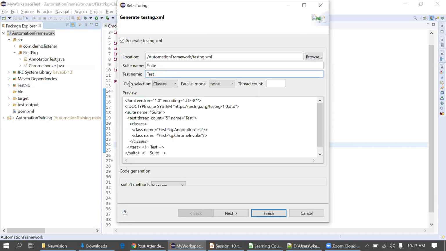Now see, the class selection option is there. They have two options, one is classes, second is packages. Now it's classes here, you can see. Now I am changing this option to packages. You can observe it is now considering the package, whichever packages are available here.